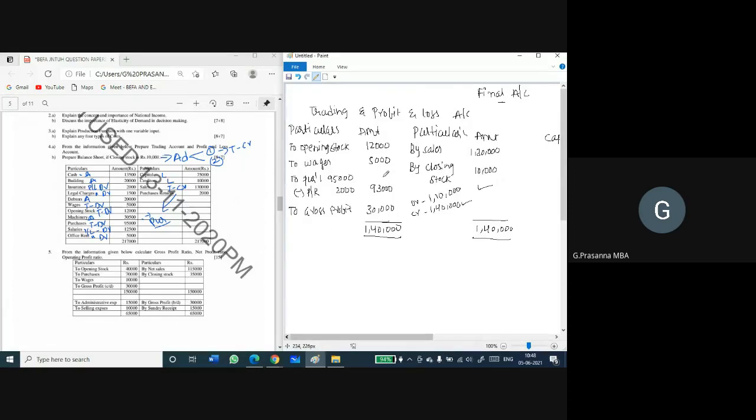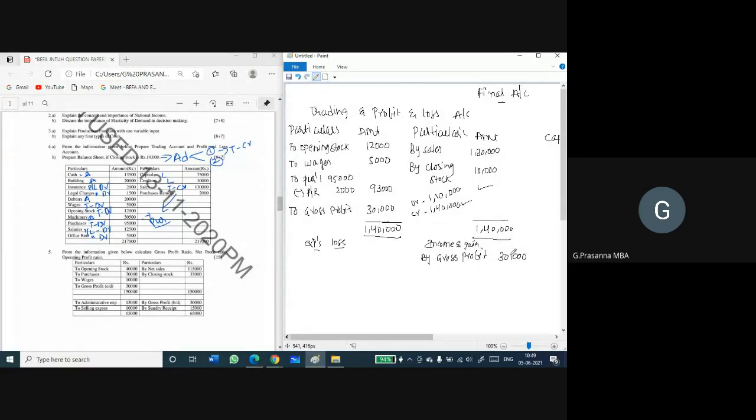Now we will do our profit and loss account. So whatever gross profit or gross loss that we are getting, we need to transfer it to the profit and loss account. So gross profit I got now. So in the profit and loss account, don't write this, for your understanding purpose I am writing here. Here you have to show all the expenses and losses. Here you have to show all incomes and gains. Okay, the profit and loss account is like an income and expenditure account. So gross profit, profit is an income now. So I will be transferring this in the P&L account credit side by gross profit. What is the amount of gross profit here? 30,000.